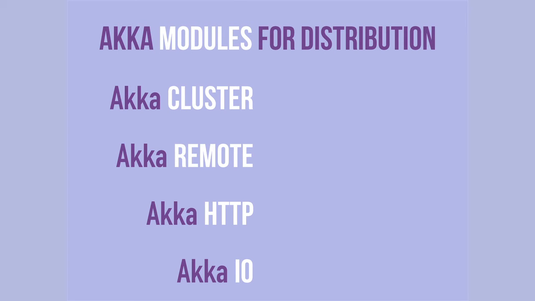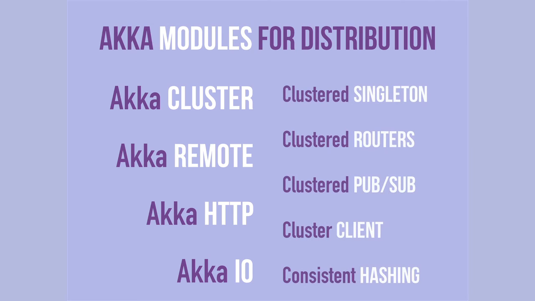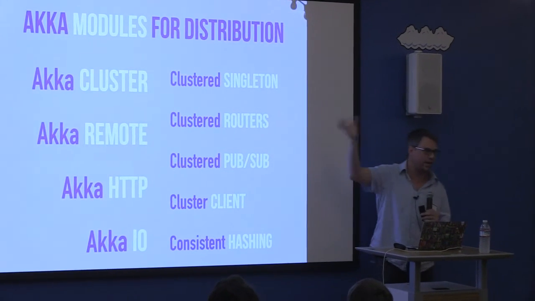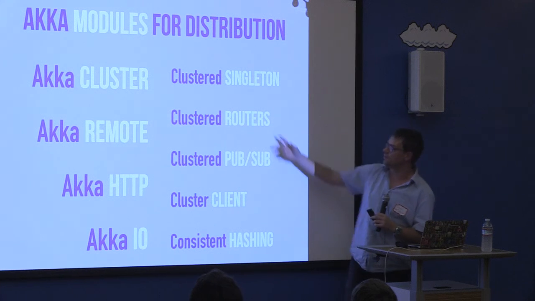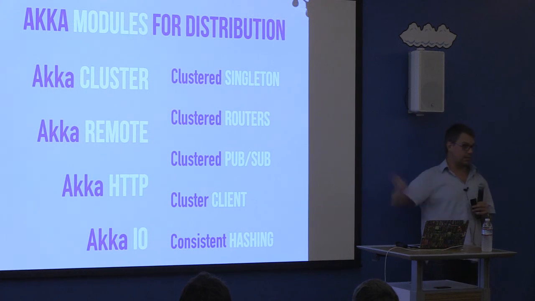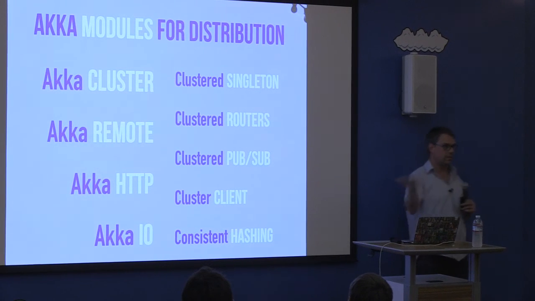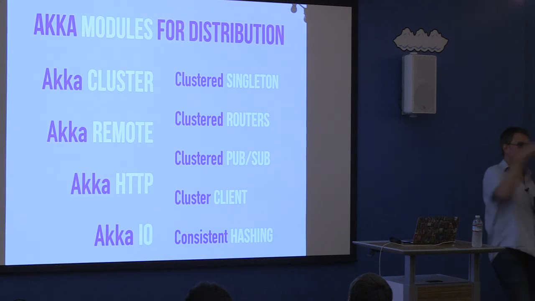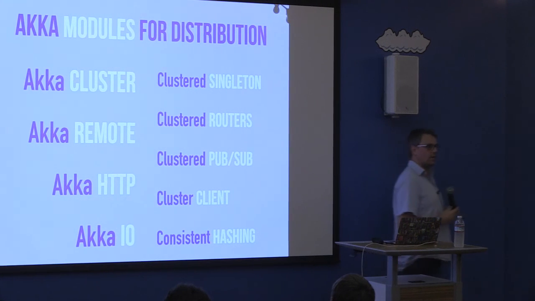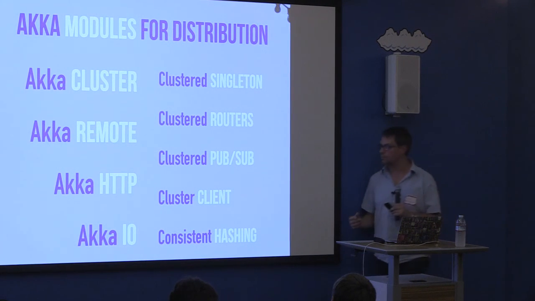So finally, I just want to talk about a bunch of high-level modules we have built on top of this. Some of the more interesting ones: we have cluster singletons. That's a pattern we built on top to ensure there's only one single actor in the whole system doing something. We have cluster routers. We take full advantage of the cluster to do routing. When new nodes come up, we create routees and put them on these nodes. Same thing when nodes leave, we can migrate them and allocate them somewhere else. Cluster pub-sub is a very nice publish-subscribe module on top.